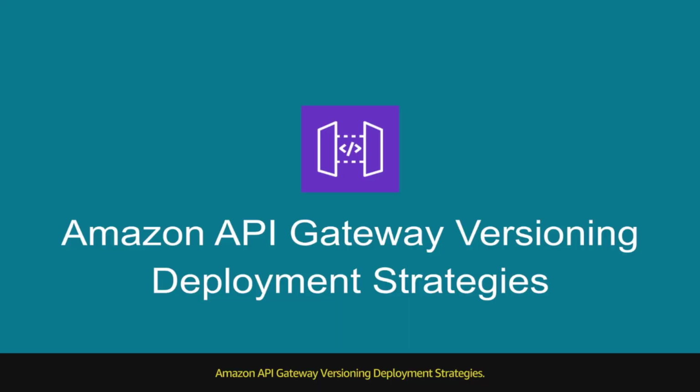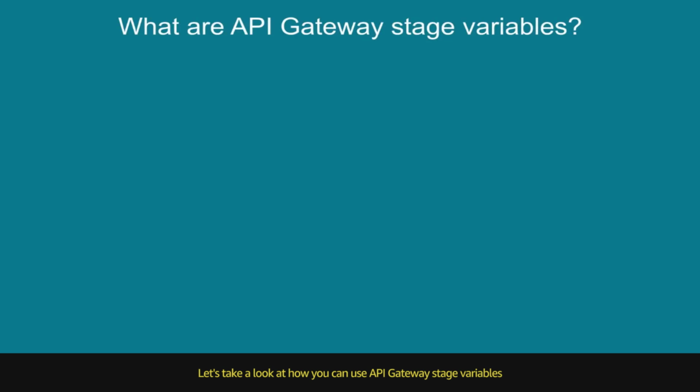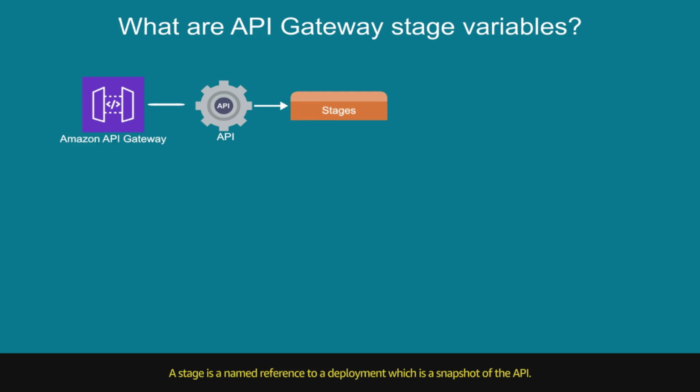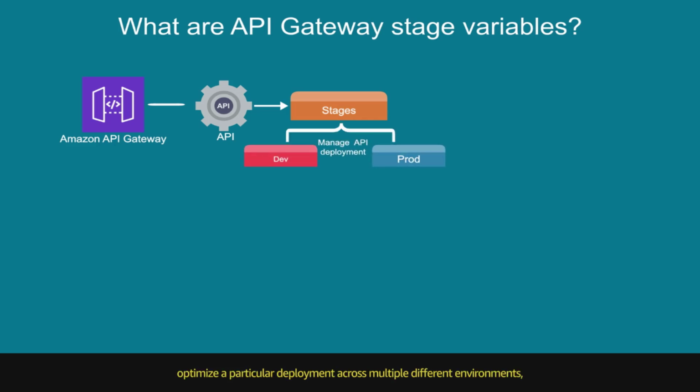Gateway, versioning, deployment strategies. Let's take a look at how you can use API Gateway stage variables to add flexibility to your deployment strategy. Amazon API Gateway comes with a feature called stages. A stage is a named reference to a deployment, which is a snapshot of the API. A stage is used to manage and optimize a particular deployment across multiple different environments, such as a dev and